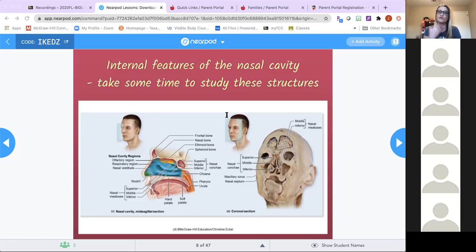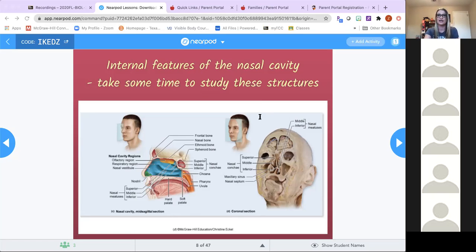And there's also further purification of the air by means of mucus. So as the air is passing through these passages, things that are maybe smaller that got past the nose hairs will get trapped in the mucus. Mucus also contains some antibodies, and these antibodies are able to neutralize